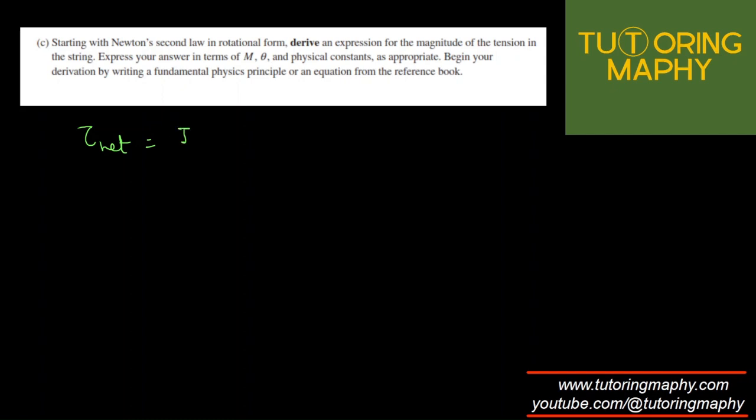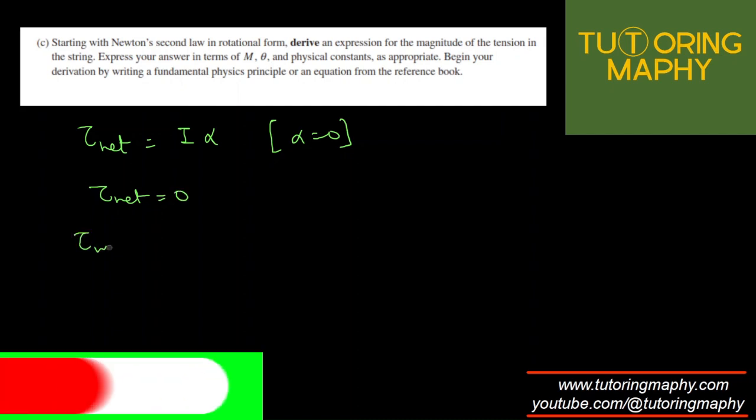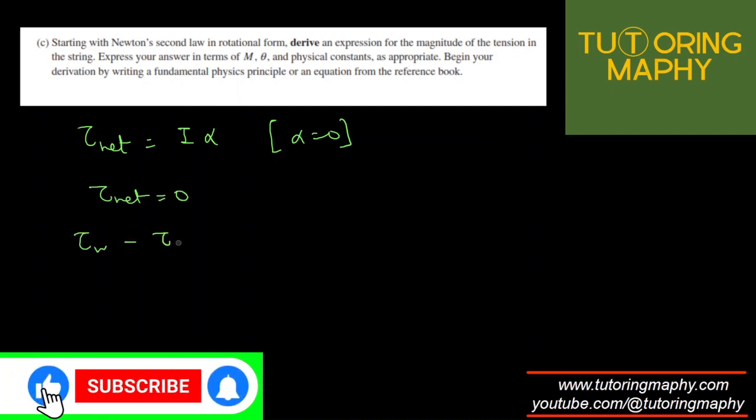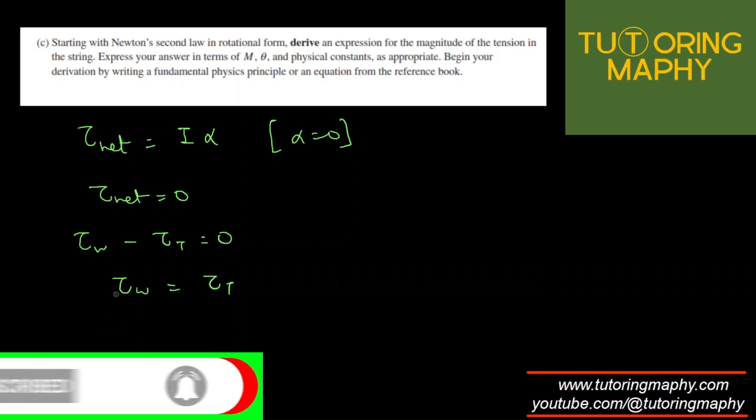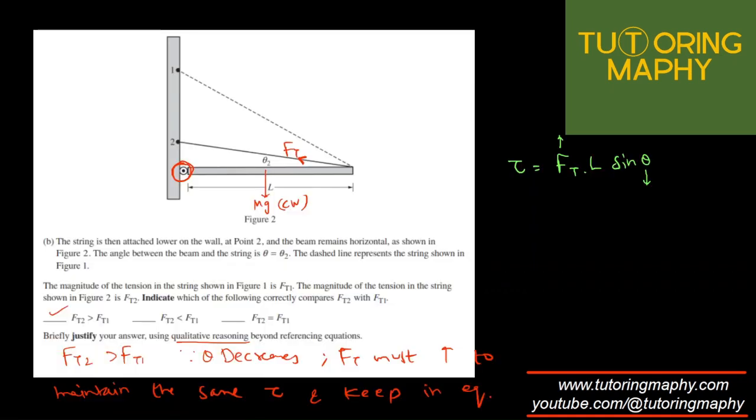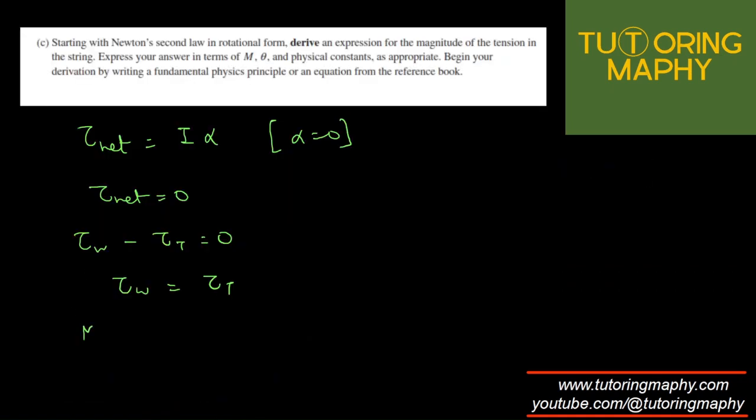Newton's second law in rotational form is net torque is equal to I alpha, right? And since the system is not moving anywhere, alpha is 0, which means that net torque has to be 0, which means that torque due to weight minus torque due to tension should be 0, which means that torque due to weight should be equal to torque due to tension. The torque due to the weight force is exerted exactly at the center, so that will be